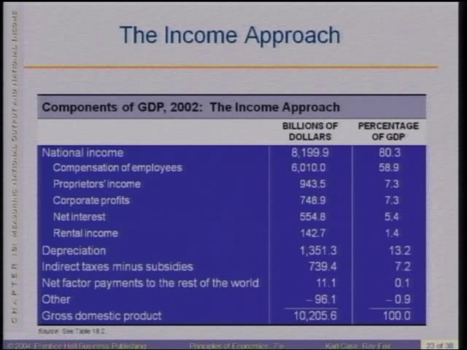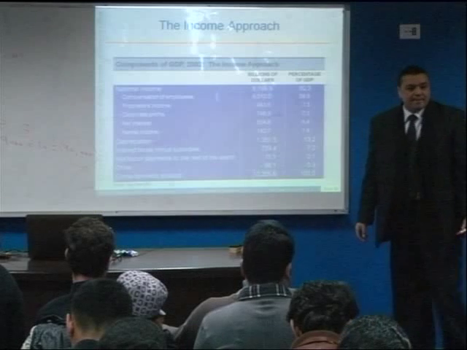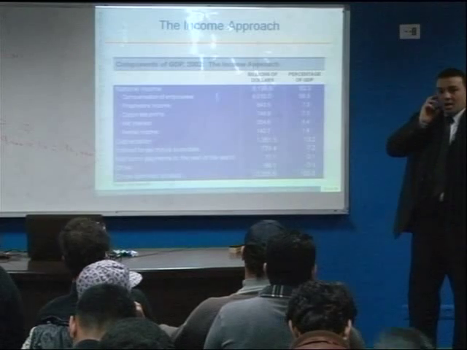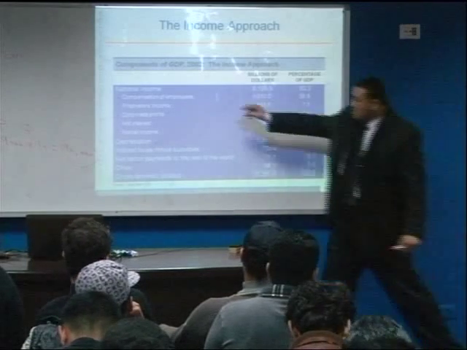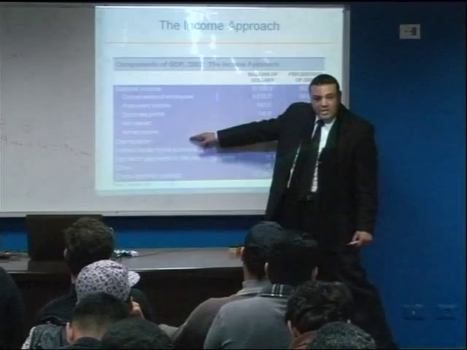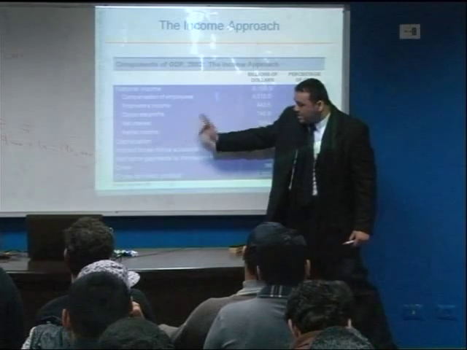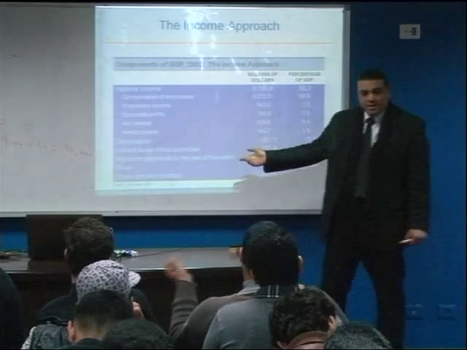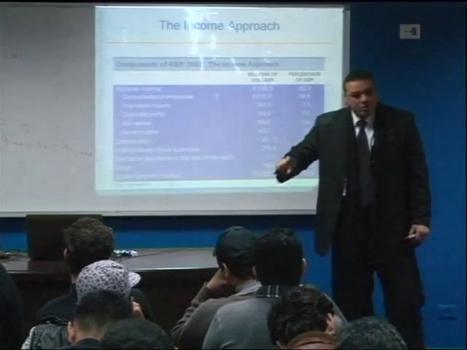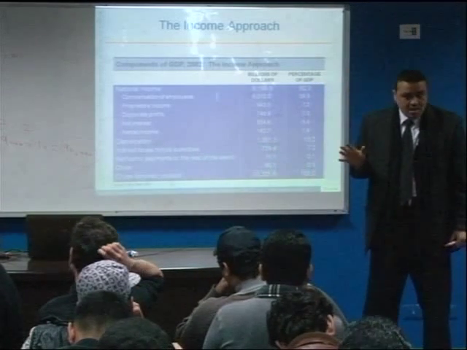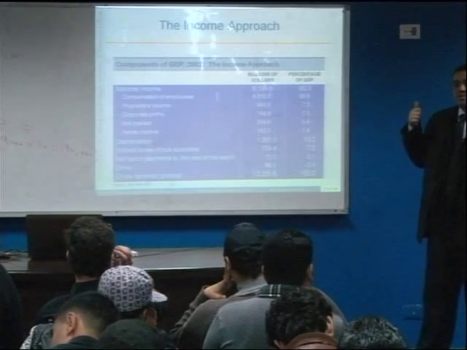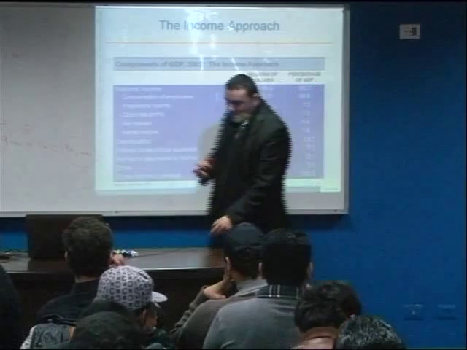We have the following information about an economy in 2002. We have information about the different components of the national income, depreciation, indirect taxes minus subsidies, net factor payments to the rest of the world, and others, and we have to calculate the GDP, right? So, as you know, the GDP equals what? GDP equals,